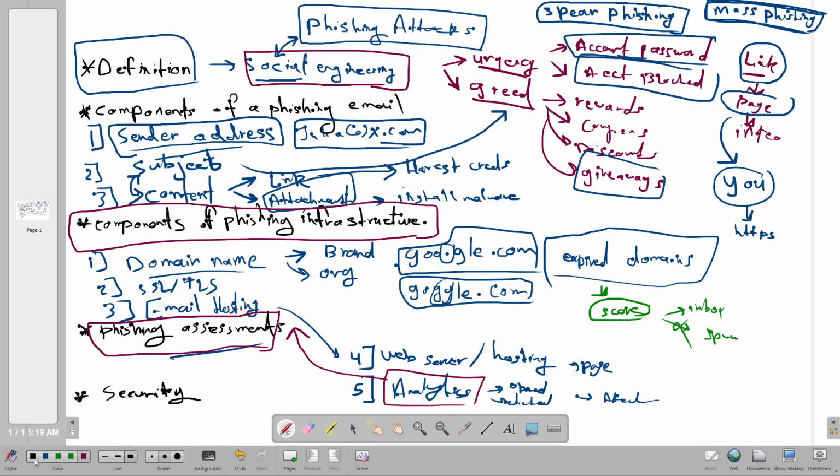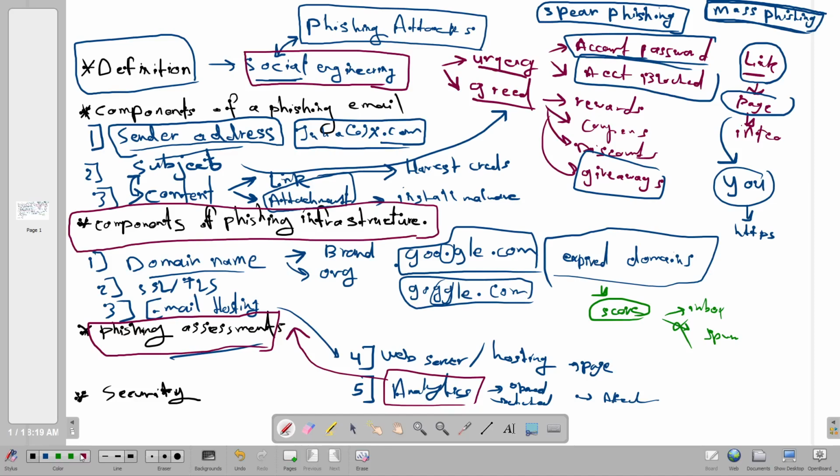So what they would do is send phishing emails to the employees of the said organization, and they would monitor who would click on the links or who would download the attachments, and then they deliver the report to the client. So phishing assessments cannot be conducted using Outlook or Gmail, right?